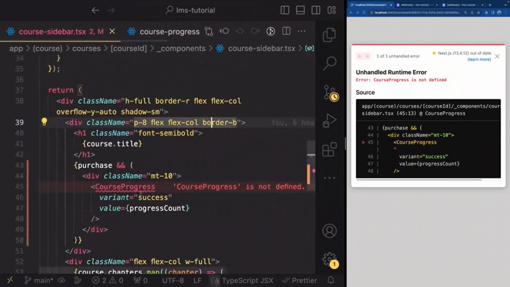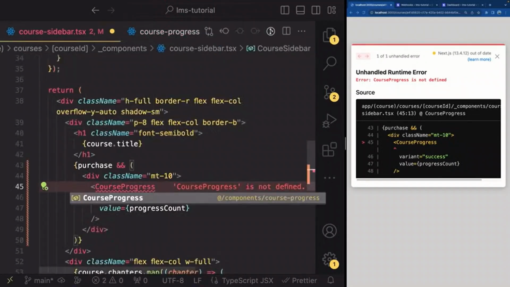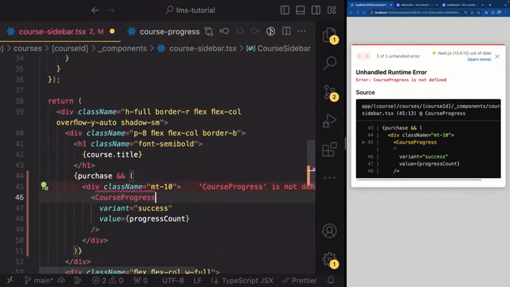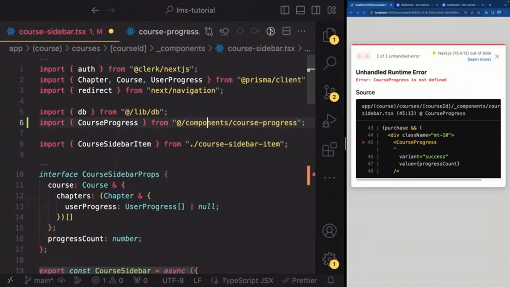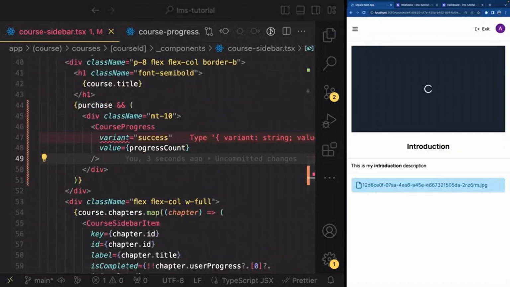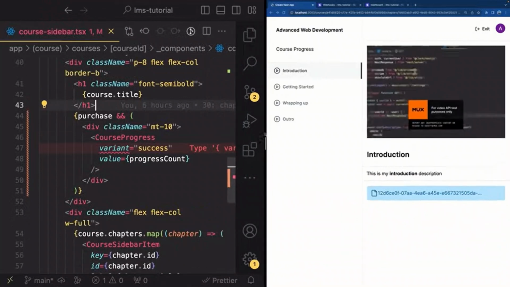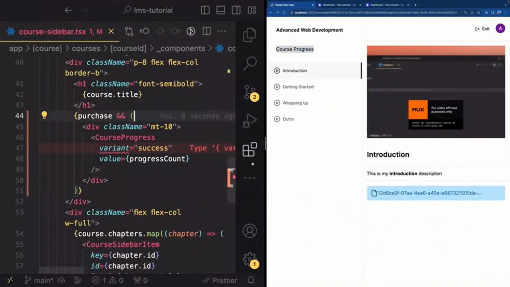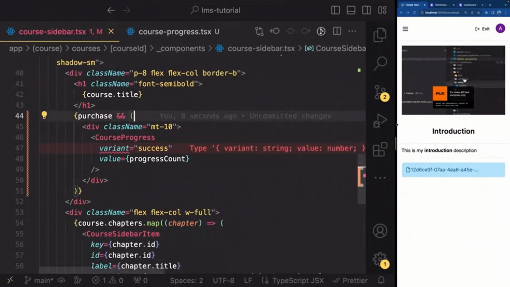Let's go back inside of the course sidebar, and we can now import it from @/components/course-progress. So I'm going to move it with the database here. All right. And if you refresh in the sidebar now, you should see the text course progress. We're going to turn that into an actual